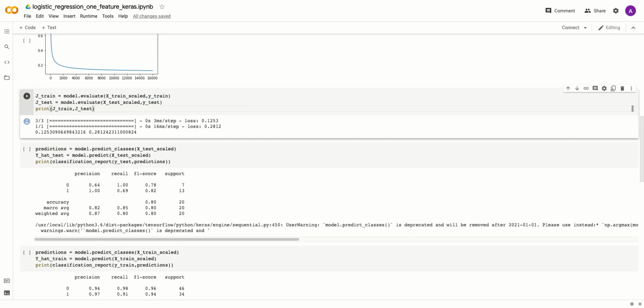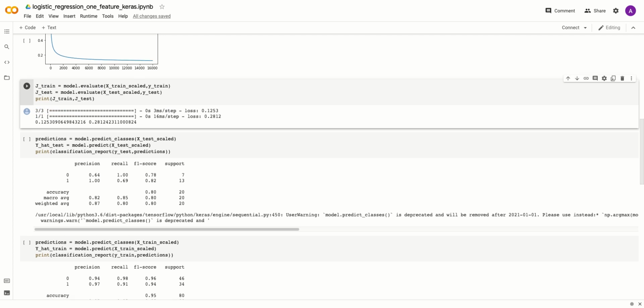And because of that, we know that the error would be larger on the test set. So as you can see, that is correct over here. We do have that conclusion to be correct. And now that we've been able to test that, we can now move on to actually predicting the probabilities of